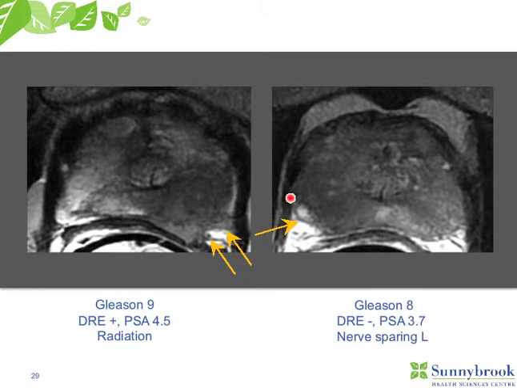Surgeon elected to still operate and do what is very common, which is to use the MR to guide nerve-sparing surgery. In this case, nerve-sparing surgery was done on the left side, and the neurovascular bundle was sacrificed on the